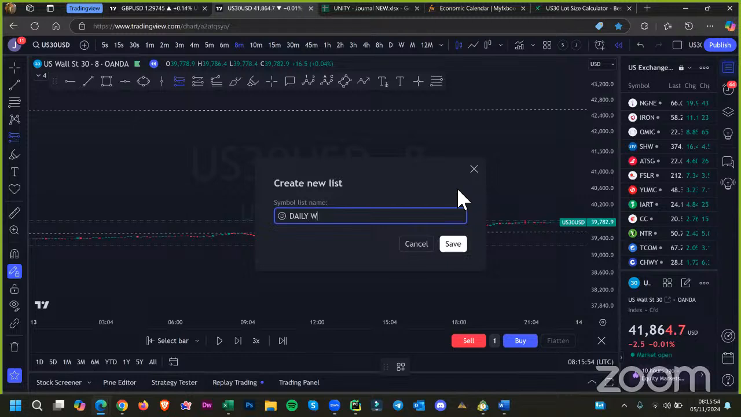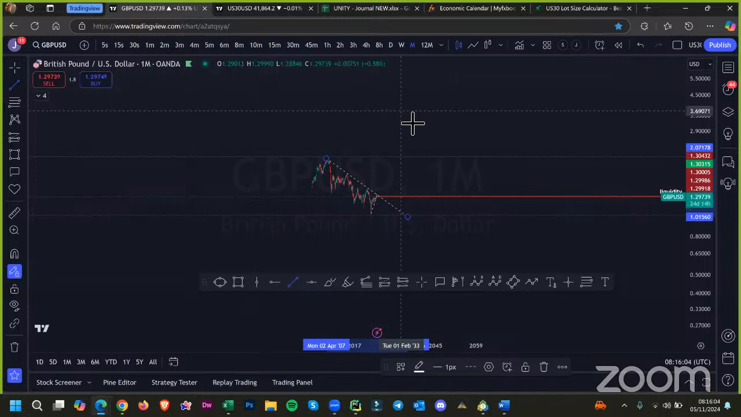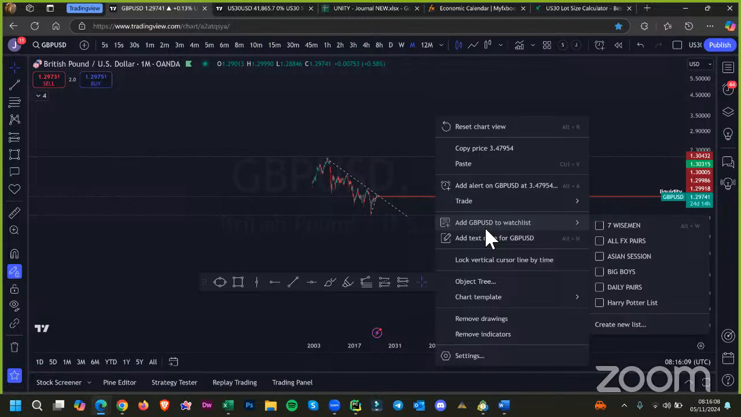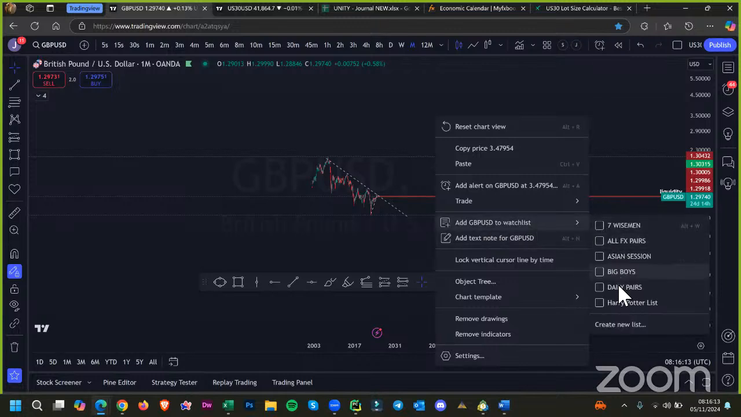daily pairs. All right, click save. Now I have something in here called daily pairs. So say for argument's sake, I trade GBP USD here. I can right click this screen, and I can add GBP USD to whatever watch list I want,